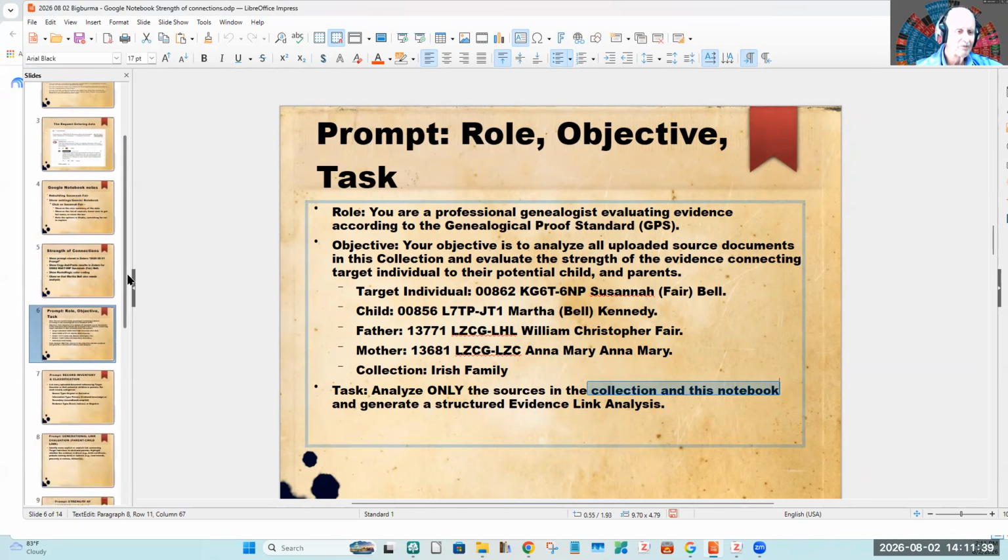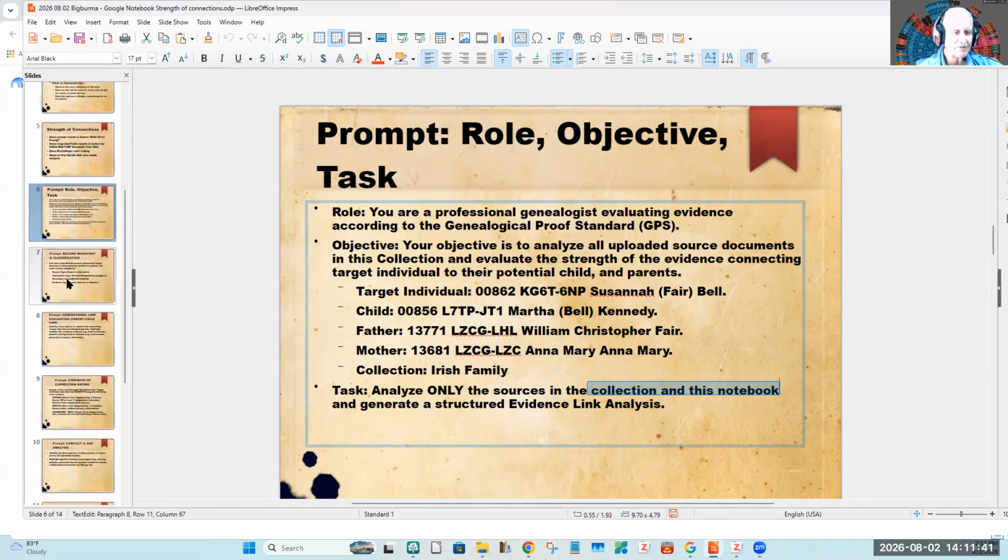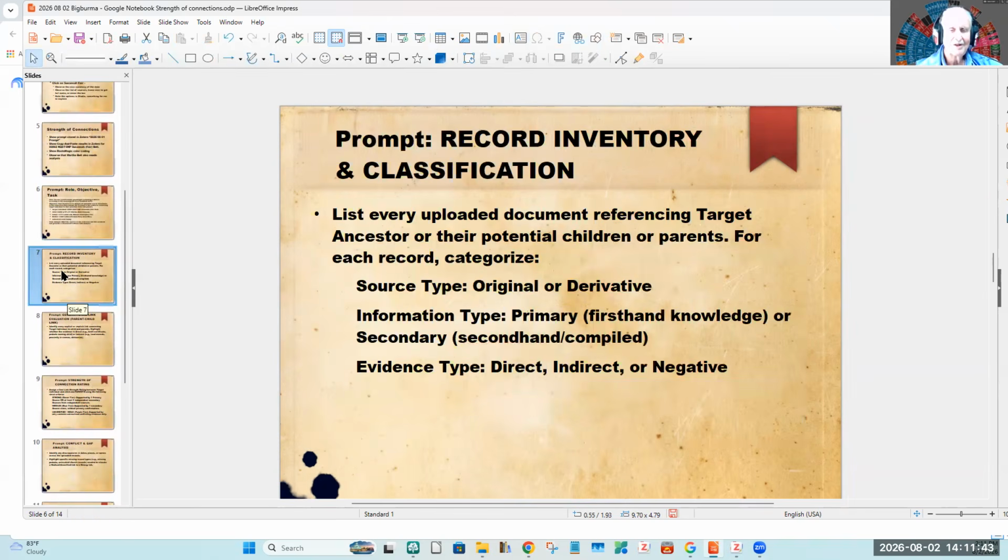Now, a lot of this stuff I've picked up from people that are writing prompts out there. So it's not original, it's been modified from other hints and stuff from the training. Record inventory and classification. List every uploaded document referring to the targeted ancestor or their potential children or parents.